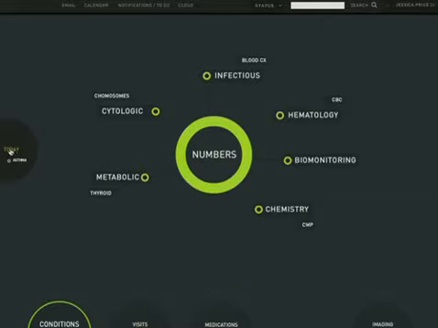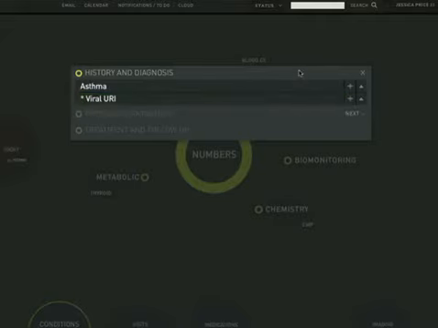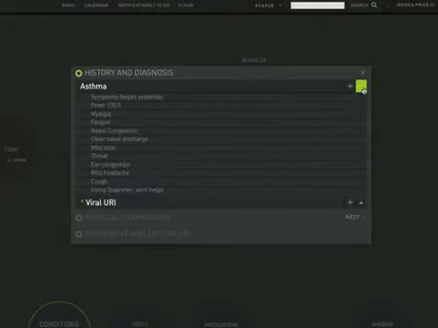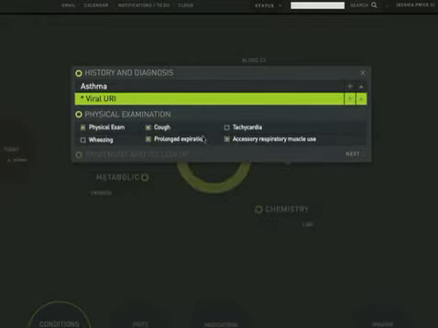So really, today, I'm seeing Jessica in her home, and she already answered some questions so that the system thinks that she has asthma, probably a viral URI as well. So I can click on these to figure out what were the responses to those questions that she answered that prompted our system to think that she had a viral URI that triggered her asthma. The next thing that pops up whenever I say next is the physical exam findings. And those physical exam findings support these diagnoses. So all I have to do is click on the physical exam findings that are present